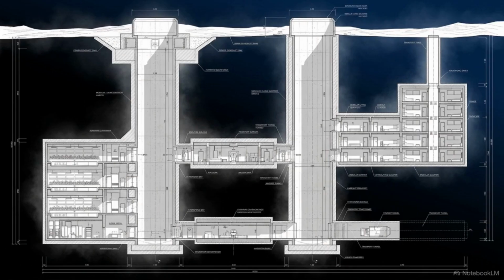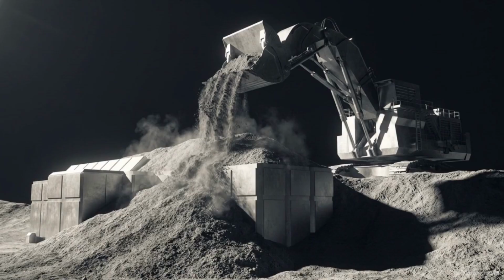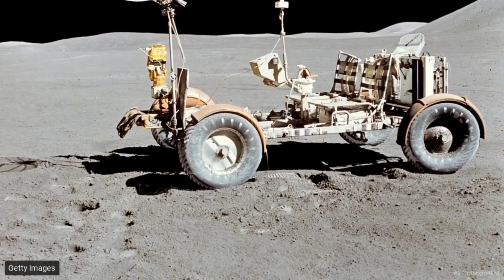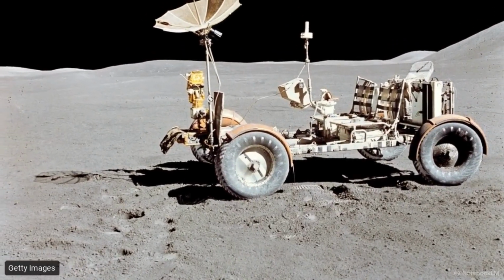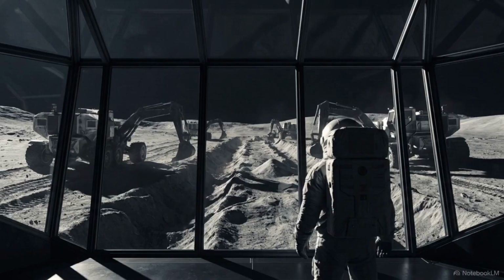To manage these extremes, conceptual engineering designs suggest moving underground. Habitats will likely need to be partially buried or coated in thick layers of local lunar dirt, known as regolith, to provide adequate radiation shielding. Human astronauts will not spend all their time performing manual labor on the surface. Instead, they will act as field supervisors, overseeing fleets of autonomous robotic rovers and excavators that handle the heavy, dangerous